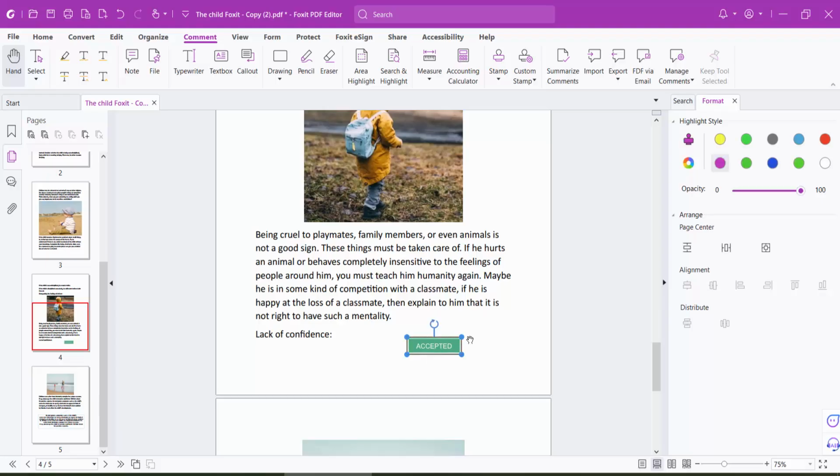Now click on this stamp and you can increase or decrease the stamp size, and also you can move it anywhere, also you can rotate. See this, and here you can change the stamp opacity and make it transparent, and see this,